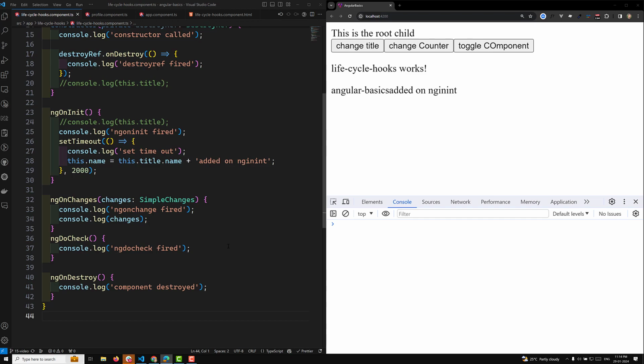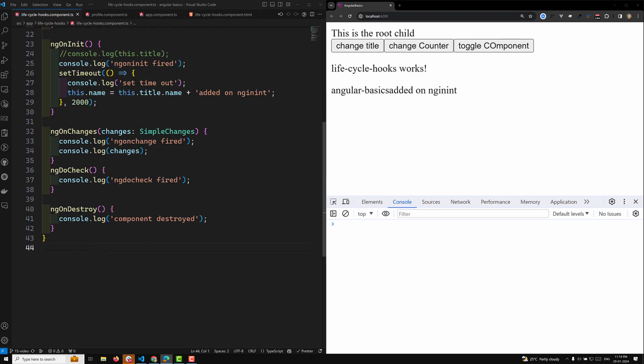I will try to show you that one. While you can access the initialized state of these queries, attempting to change any state in this method results in an "expression changed after it has been checked" error. I will show this error when it happens, and I will also show you the view queries. So the lifecycle hook which will be executed is, as I told you,